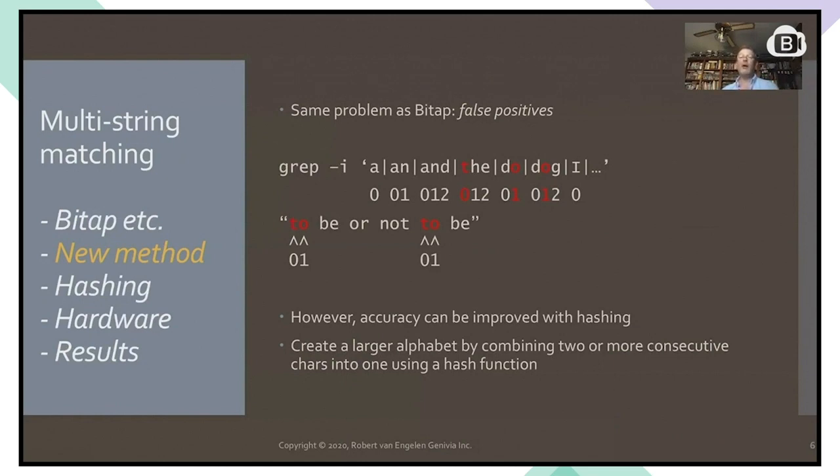We can improve this with hashing. The same thing happens with Hyperscan, where they use a hashing method to combine 2 or more characters into one and match those characters. So the false positive rate will drop significantly using that technique. And we will also consider and have implemented hashing with our technique. But the key idea is that BiTAP and the Hyperscan buckets don't work well if one of the words has a size that's very small, or if a couple of words are very small, like 1, 2, or 3 characters,